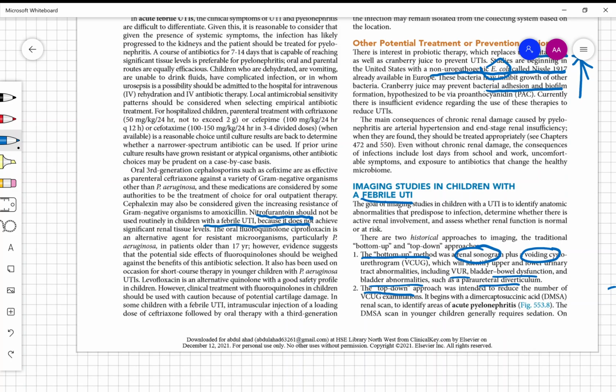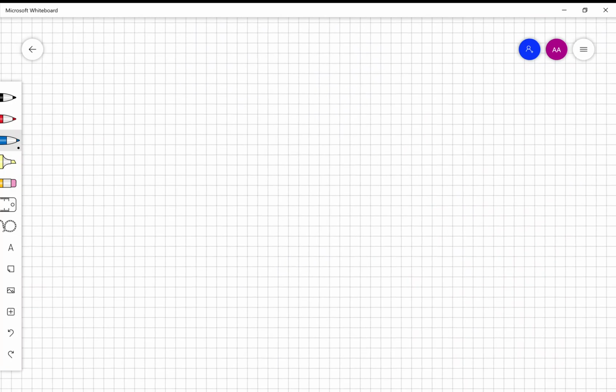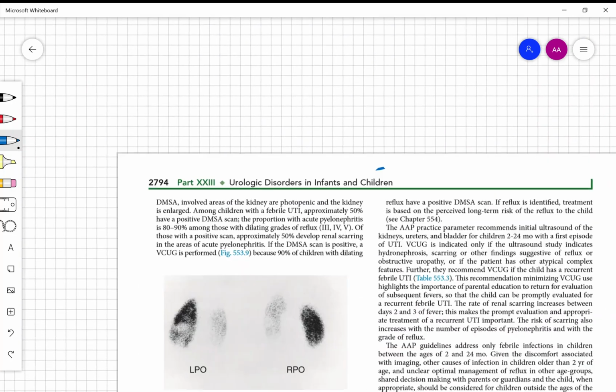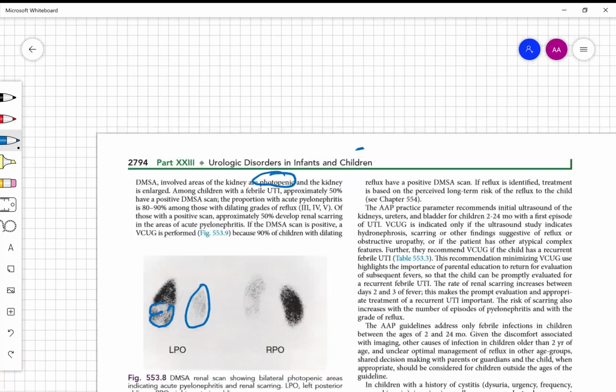In the top-down approach, they start with the DMSA, and on DMSA you can see that the areas that have the primary parts appear photopenic, and the kidney also seems to be enlarged. So one thing to remember is that